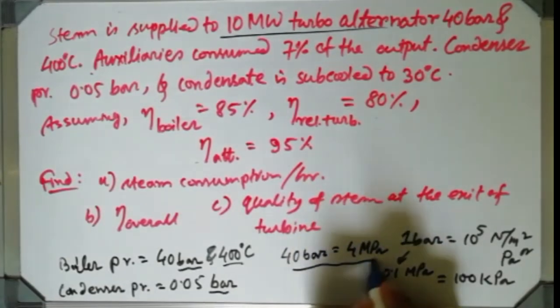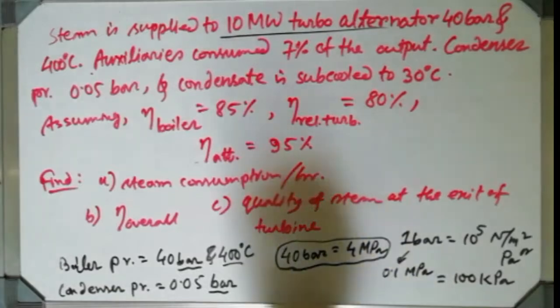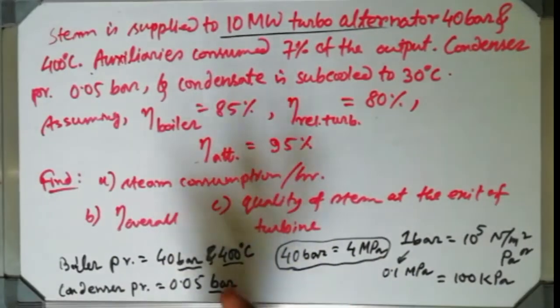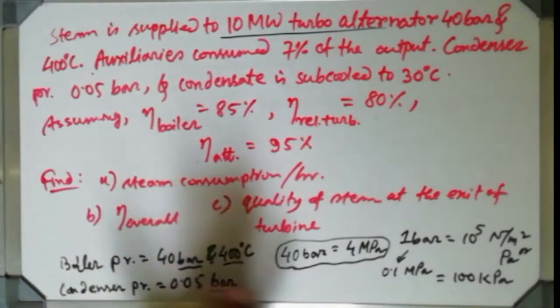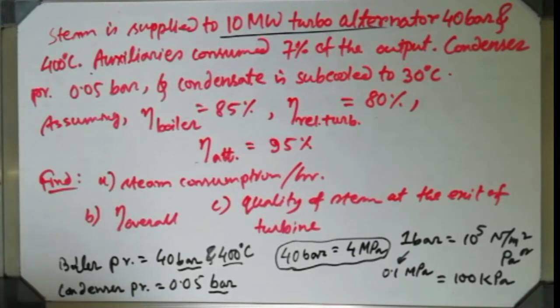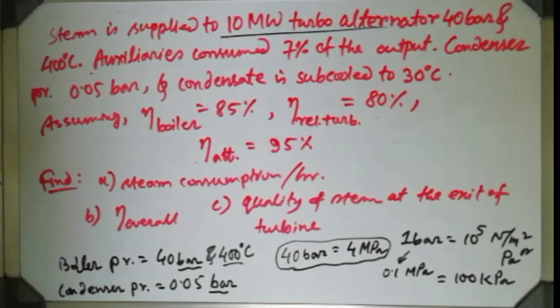Since the steam table is given in megapascal unit, 40 bar is equal to 4 MPa. So if the steam table is given to you in MPa or kPa scale, then you have to convert the bar. Otherwise, lots of steam tables are available in bar unit also. So you have to observe 4 MPa. Here is the 4. Now I can zoom. See, that is 4 MPa, and according to 4 MPa, the saturation temperature reading is 250.4. Can you see this reading? That is the saturation temperature, 250 degrees centigrade.